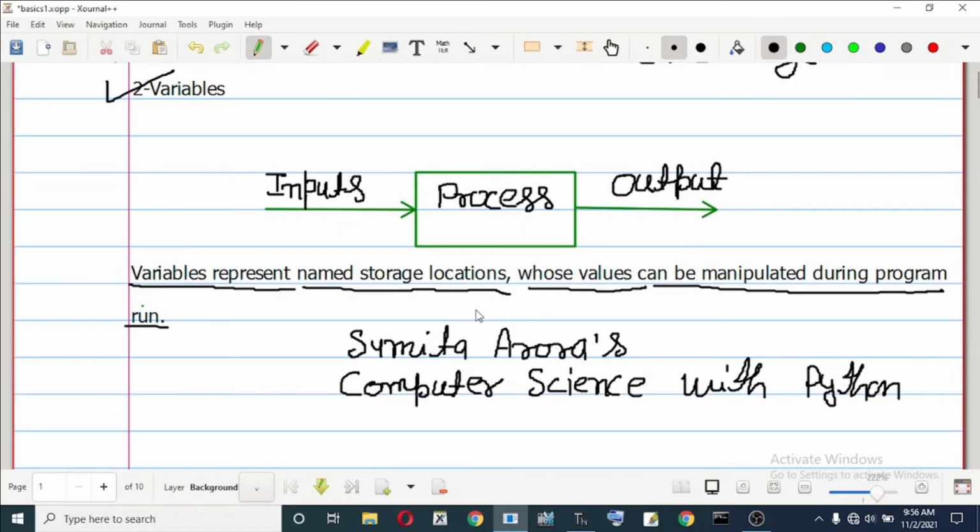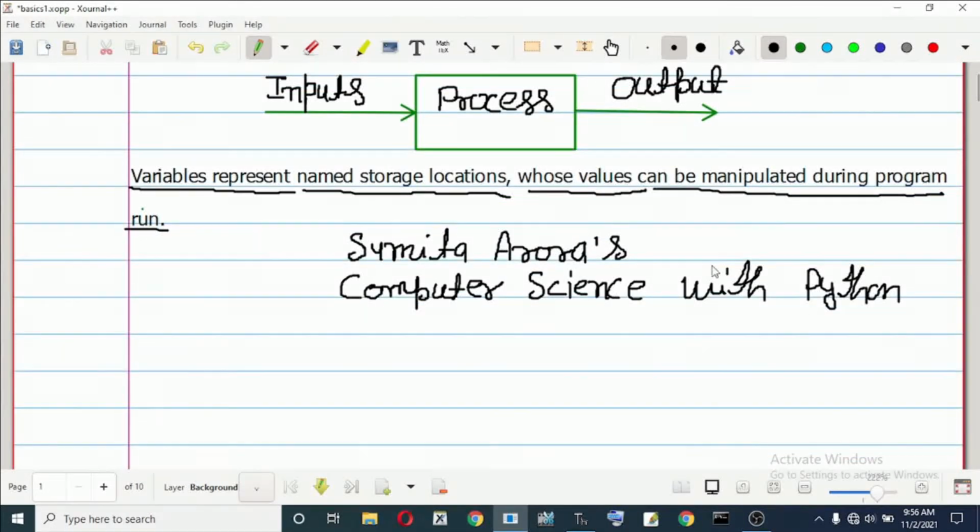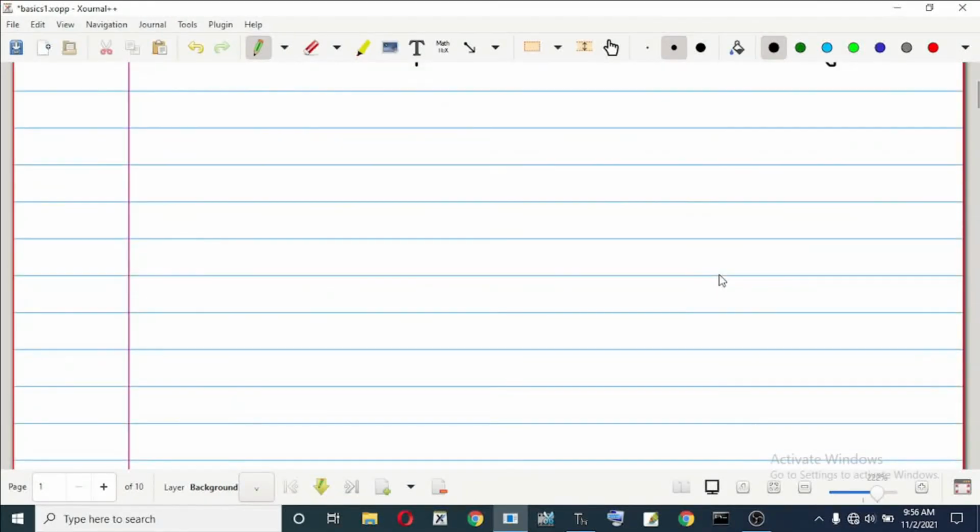Now I am going to write a simple program which will require three variables, and your program will add two numbers and give an output. So let's get started.